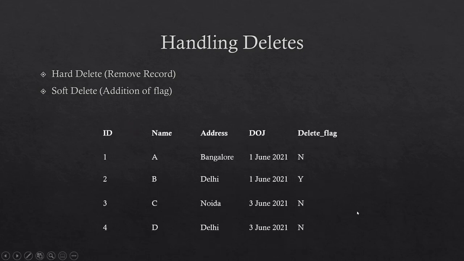So if you look at this, we have added a delete flag. So these records 1, 3 and 4 are active, so their delete flags are N, but the delete flag of record number 2 is Y, which means this is a soft delete, and this deleted record we have not removed but we have marked it as deleted. We can also have an additional column here of start date and end date which will identify when this record was introduced, and end date will tell us when it got deleted. So that is also doable, and sometimes we do that. It depends purely on the use case need.